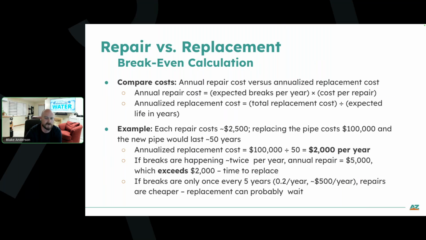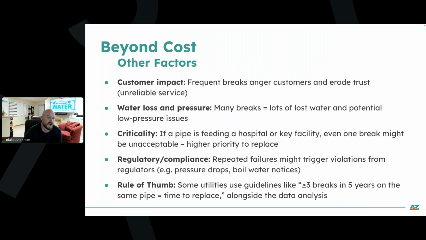But remember, it's not just about the money, it's also about the reliability of service to your customers. And so cost also isn't our only consideration in repair and replacement. You also have to look at customer impact. That can tip the scales. Even if you can afford to keep patching, if you keep having breaks in front of the same set of houses and people's water's off multiple times a year, they're going to start to demand a permanent fix, and that they have a reliable service. You'll start getting people showing up to council meetings or board meetings, and they'll get more upset because while they might be grateful that you're making the patch, they're wondering, hey, why isn't the long-term solution being done?